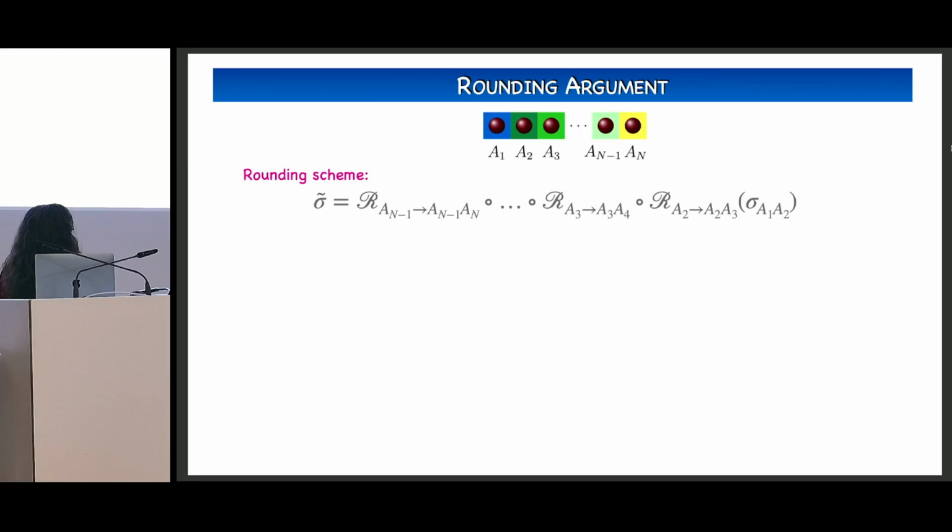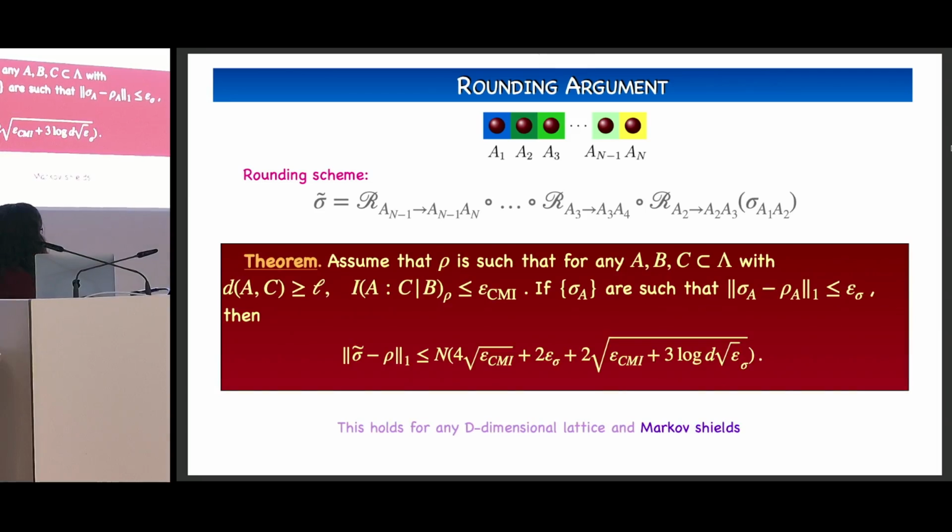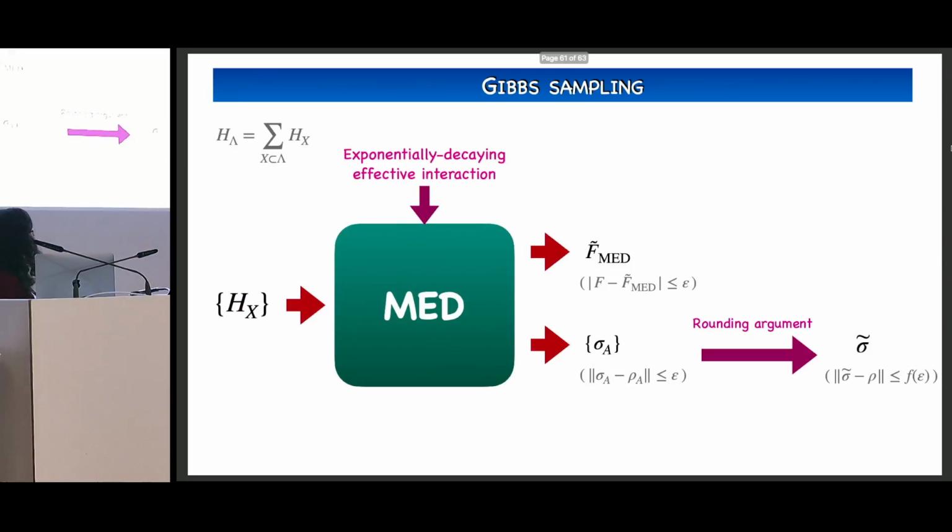What we do is take the state sigma A1, A2, and now we reconstruct from 2 to 3, and then we reconstruct the part in 4, and so on and so forth until we arrive at N, okay? And with this, what we have actually constructed is a sigma tilde that is very, very close to the Gibbs state sigma, given by this upper bound that we have here. So this is essentially how you can reconstruct something that is very close to your Gibbs state, complementing this schematic argument that I was saying here. So this is close to the Gibbs state up to a function f of epsilon.